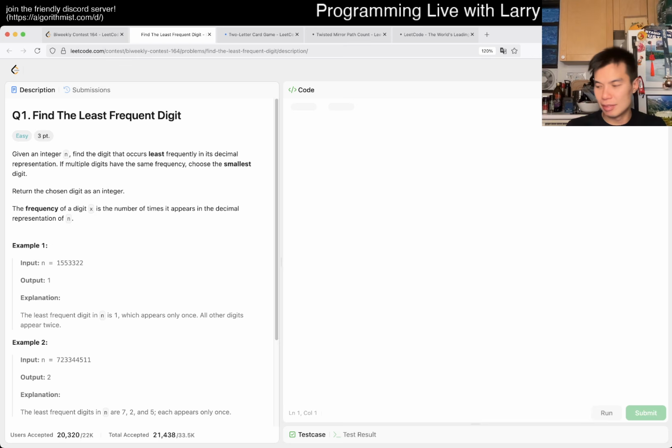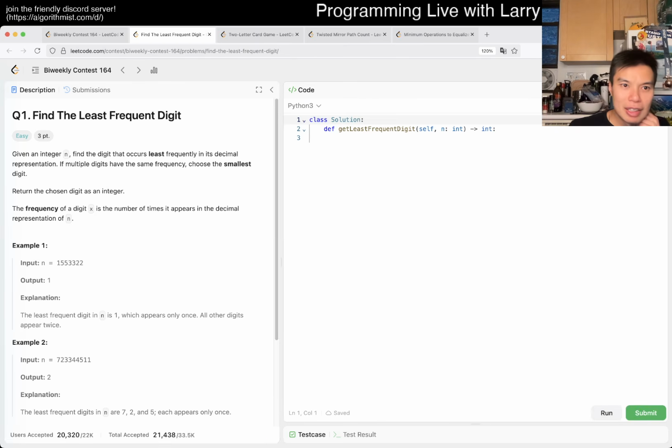All right. Press record, just in case. I find the least frequent digit. Yeah, I was trying to think whether there's a function for it, but